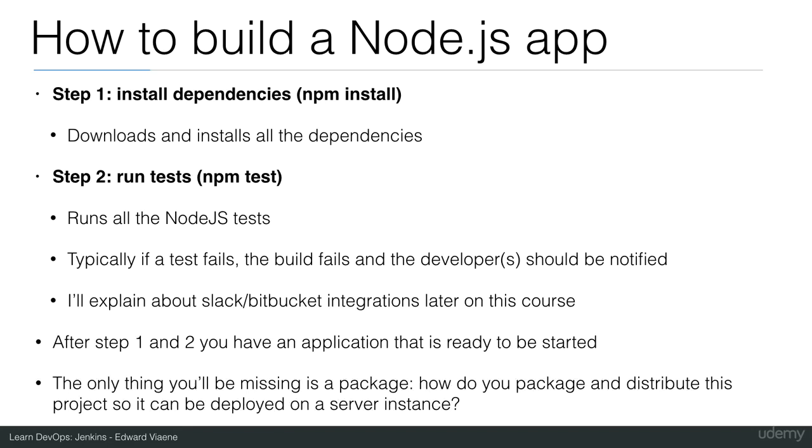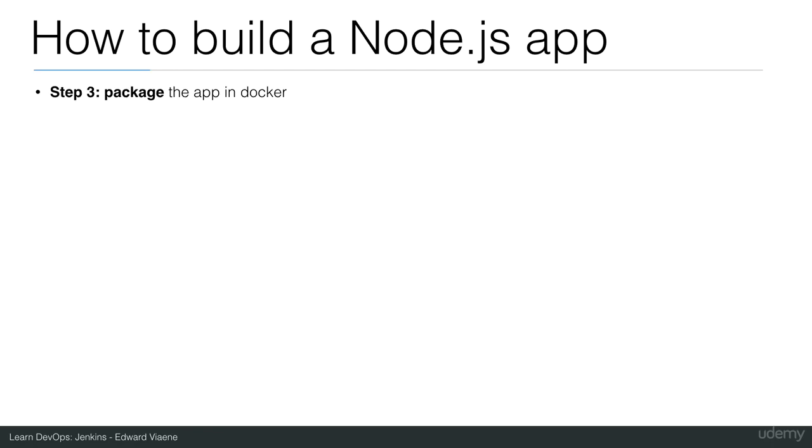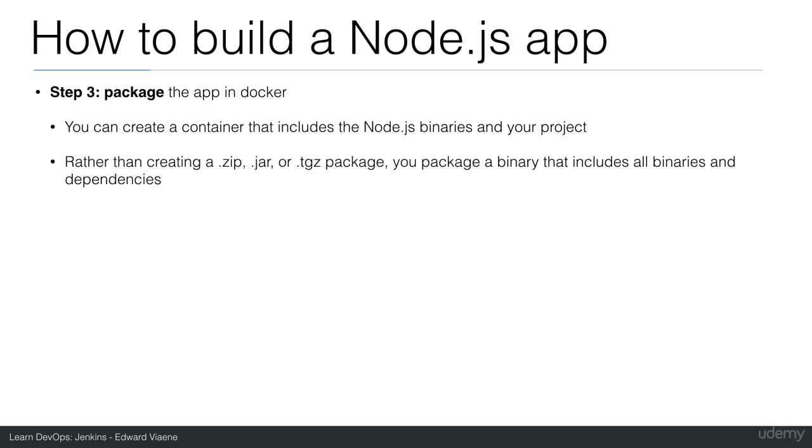How do you package and distribute this project so it can be deployed on a server instance, like our DigitalOcean instance? That's why we have a step 3, where we're going to package our app in Docker. You can create a container that includes the Node.js binaries and your Node.js project. Rather than creating a zip, a jar, or a tar.gz package, you package a binary that includes all binaries and dependencies. You're going to package the libraries, the Node.js binary, and all the libraries and binaries of the operating system